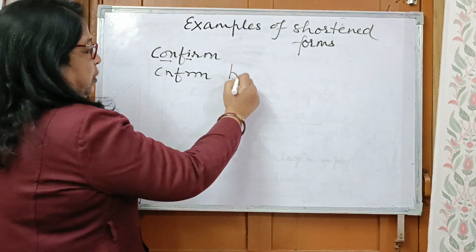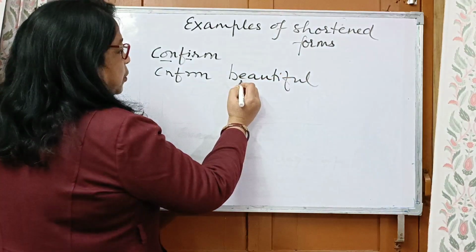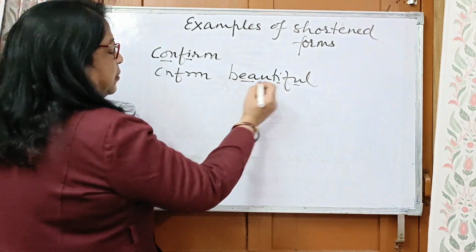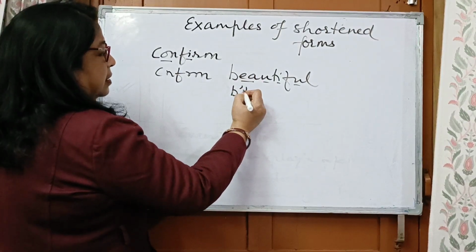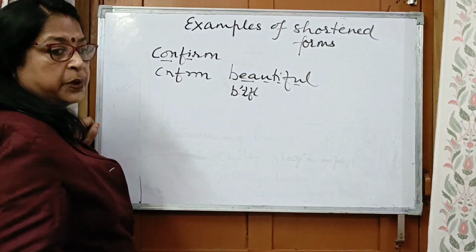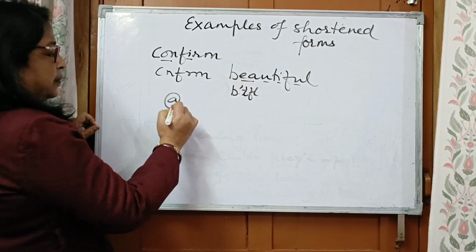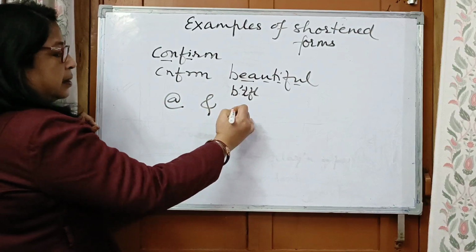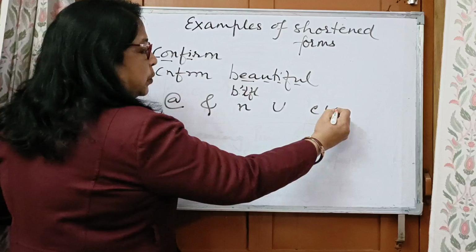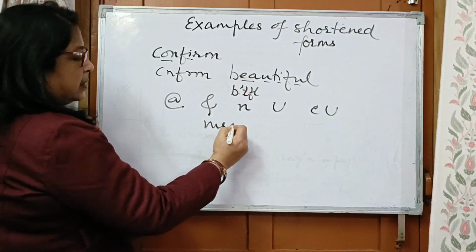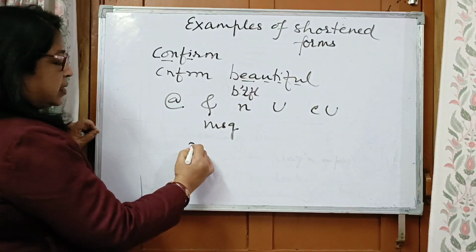Suppose you are writing beautiful, you have to write the word beautiful and you drop the vowels, it will take less time. You can use this beautiful. Similarly, at the rate of and, then N, U, CU, message,